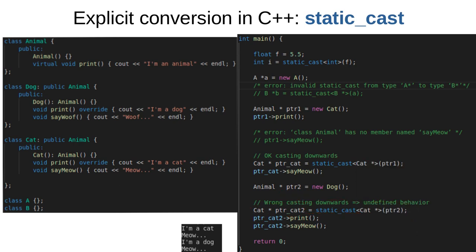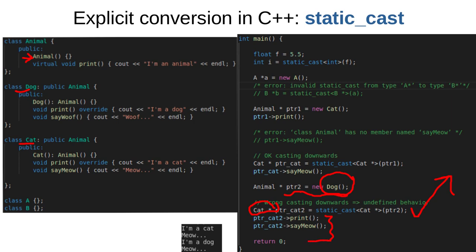The reason is that this animal pointer points to type dog. So if I'm trying to cast it to cat, which is a different type, at compile time it will not throw an error because both classes cat and dog inherit from animal, and so the behavior will be